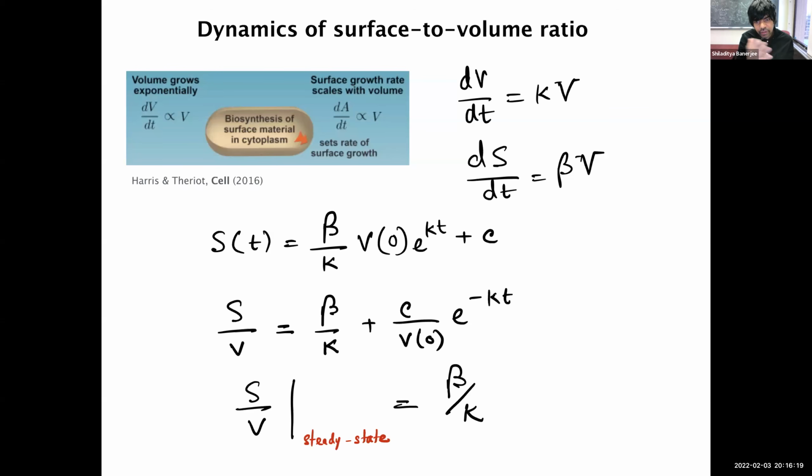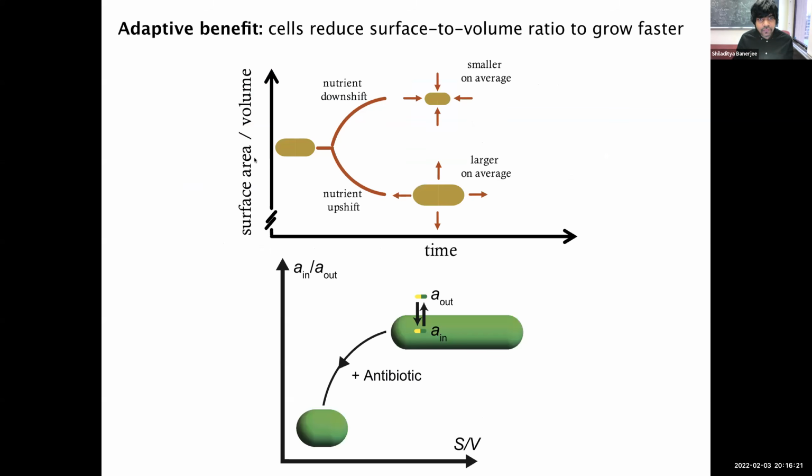So there was a question about environment, right? If you increase the amount of nutrient concentration, like if you feed the bacteria more, right? The volume gets larger, but surface to volume ratio goes down. And if you decrease the nutrients available, like less food, surface to volume ratio increases, but the cell size becomes smaller, right? So these are adaptive responses of the cell, but just based on the geometry and morphology.